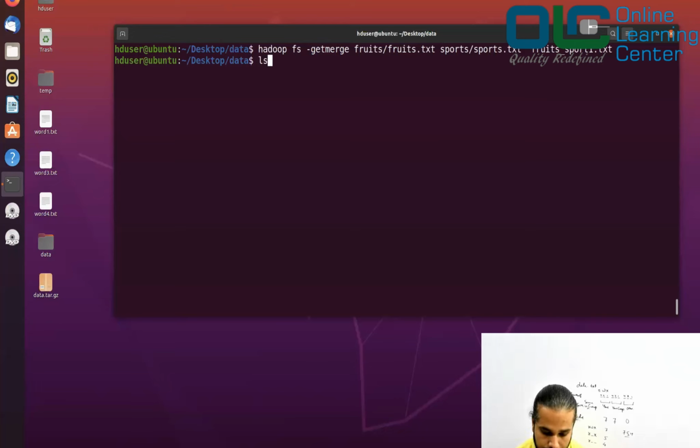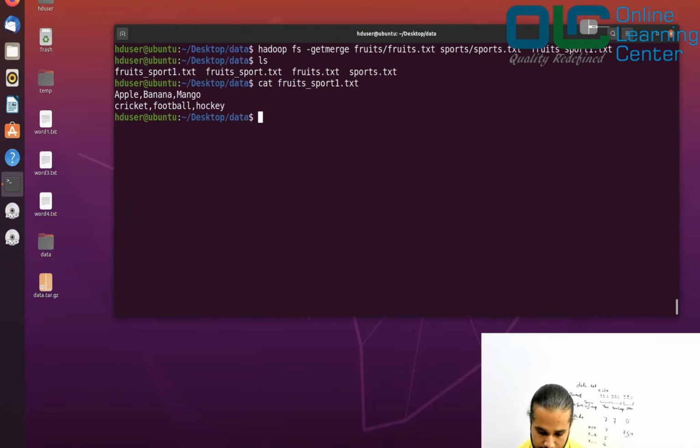Let me say ls. I can see it has created a file called fruits_sports1.txt. Let me cat it, and you have got the content properly.